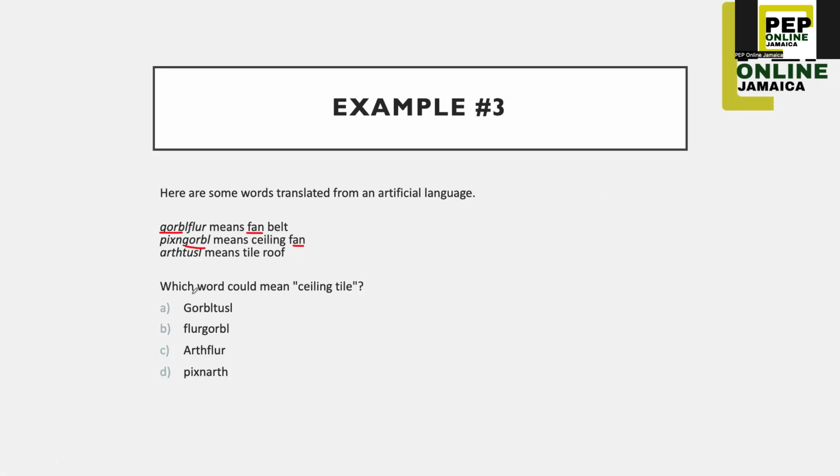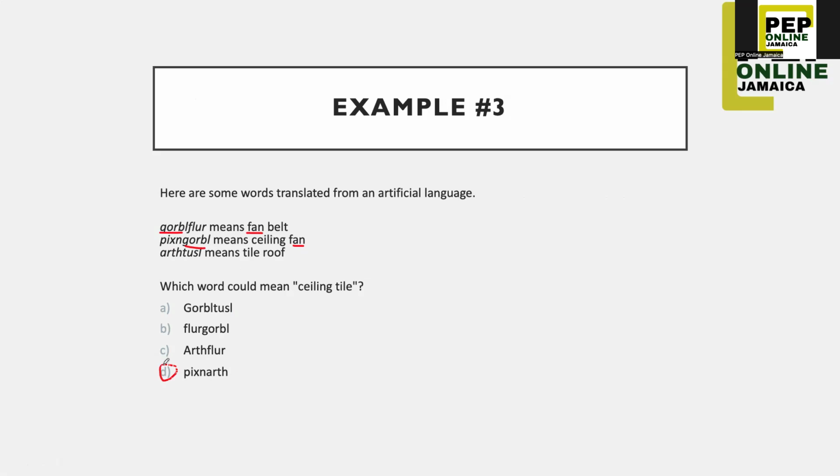Now the question is asking which word could mean ceiling tile. Based on what we have seen, we realize that ceiling means P-I-X-N. However, what about tile? We realize now that A-R-T-H, possibly T, anything close to that would represent tile. So ceiling is anything which is P-I-X-N, and then anything that has the A-R-T-H, whatever, would have made